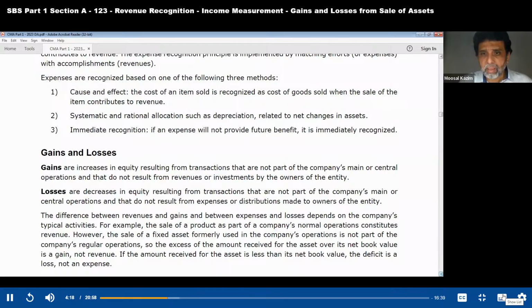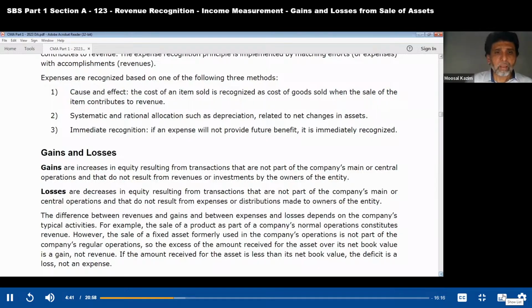And if they sell a fixed asset and get a gain out of it, that is, they sell it for a higher value than the book value, then that would be a gain. It would not be part of central operations, and it would not be a part of operating income as well. It would be shown below the operating income